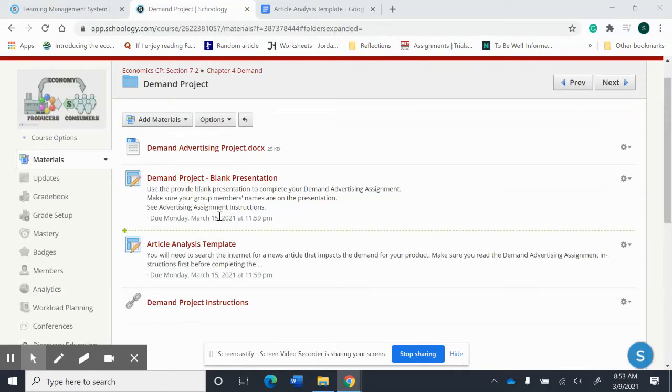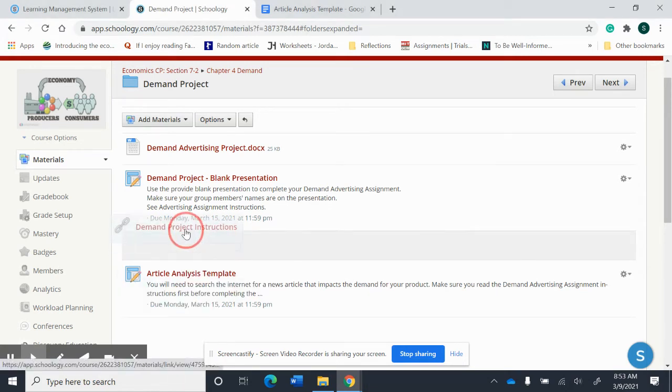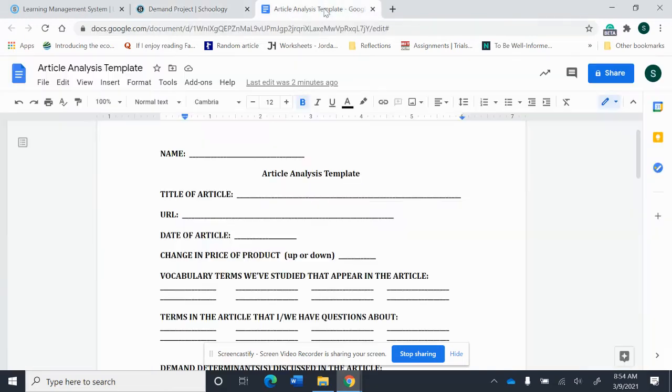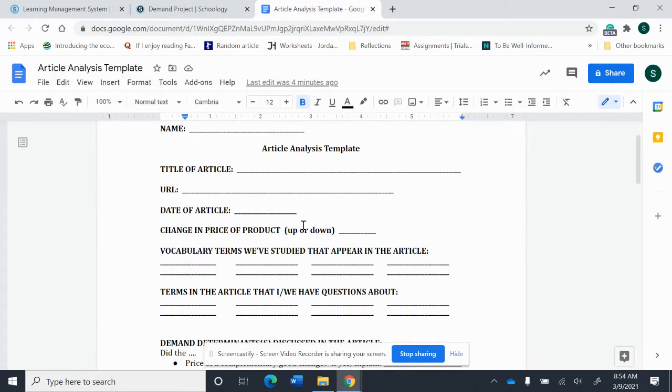Okay, another component of the assignment is going to be our article analysis template. These instructions are for your demand project. Let me put that up there. So the article analysis template, you'll click that. This will show up. What you're doing for this is you'll have to find an article that influences your